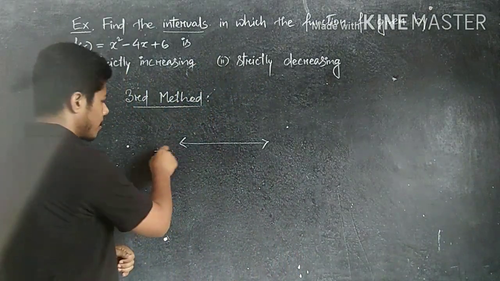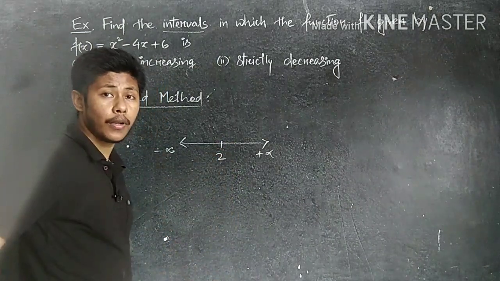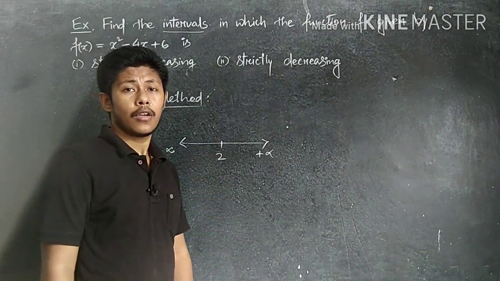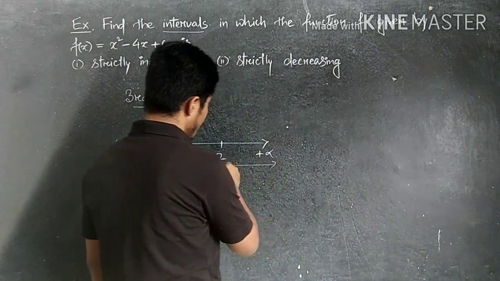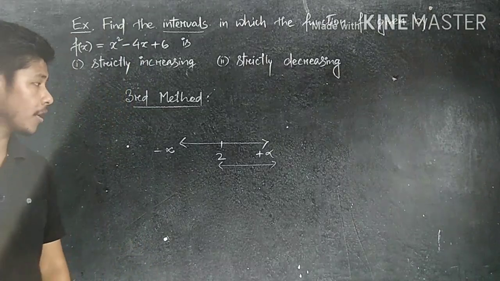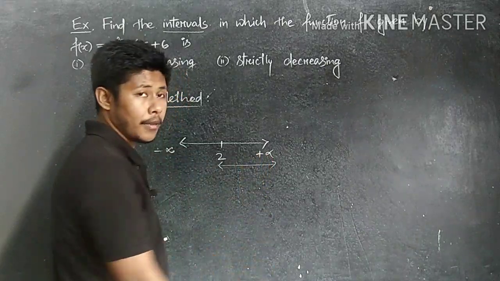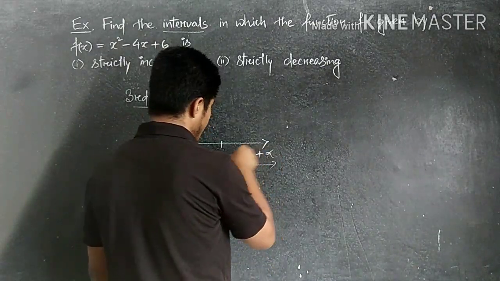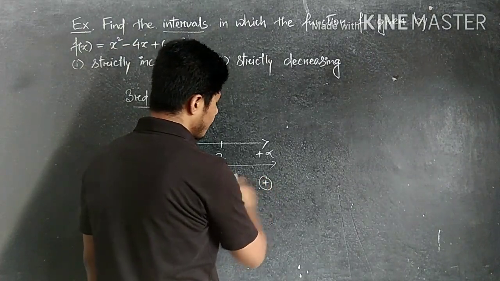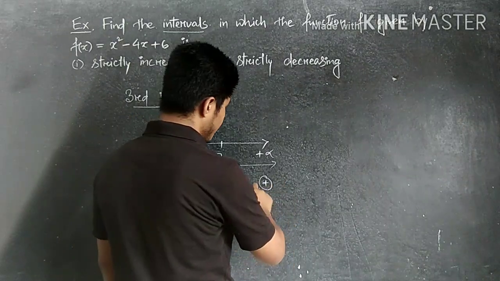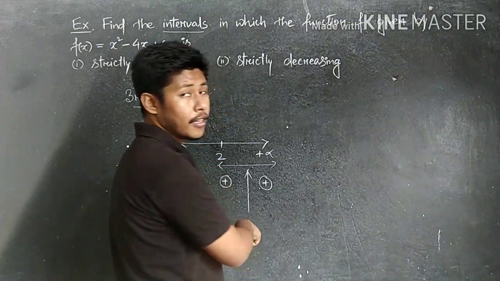So in this case you see here minus infinity, then plus infinity, and the point 2. Is it clear? Positive value. Here another criterion is that we have to find the interval in between these two, between 2 and infinity. If both the results are positive, you see here it is positive, 2 is also positive, both are positive or not? If both the results are positive, then in this case the interval is an increasing interval.